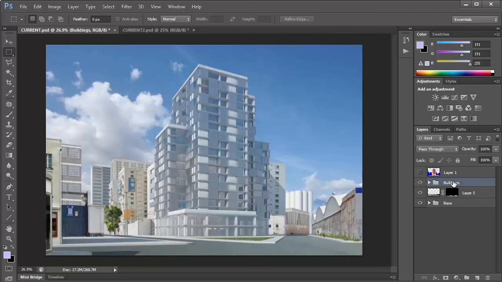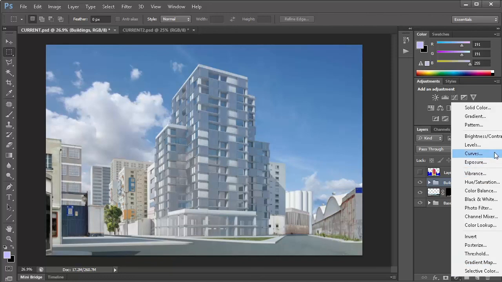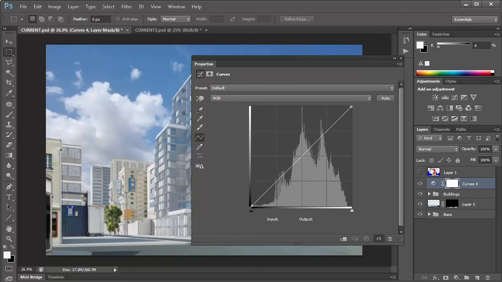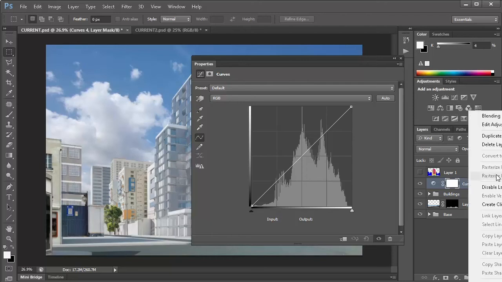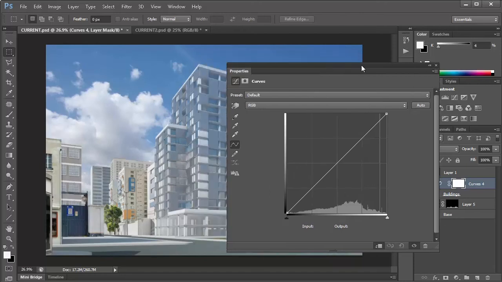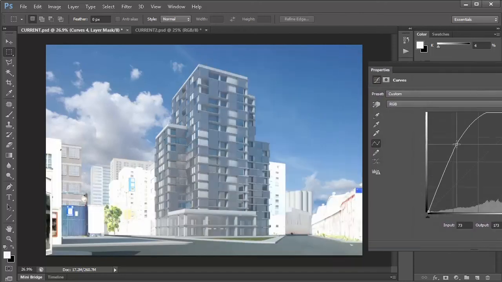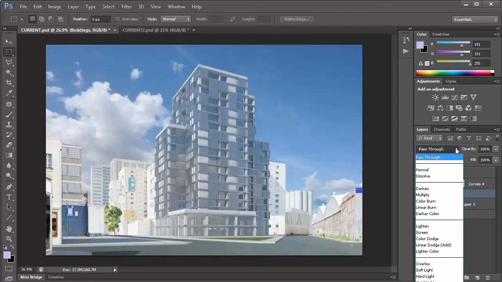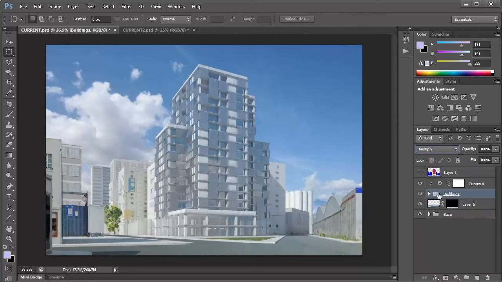Now once you've done that, you can add a curves modifier that affects only this. And you can also add a blend mode to the entire folder. So it says pass through here, but you're going to want to go for multiply.